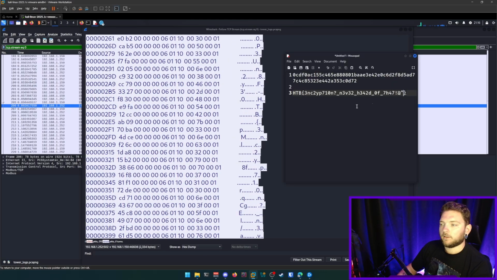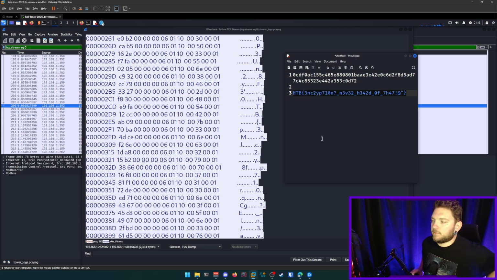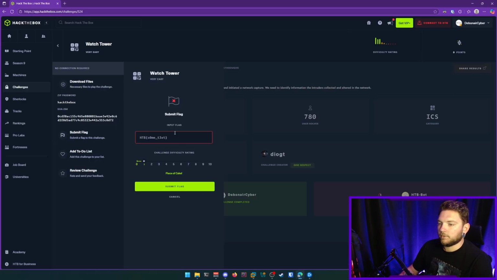And like I said, as long as we've gone through and copied each one of these values, we're good to go. So we can actually copy this, bring it back over into this, paste it in. This is a piece of cake. Come on, guys. We got it. And of course, I've already solved the challenge, but that is how you would actually go in and submit the